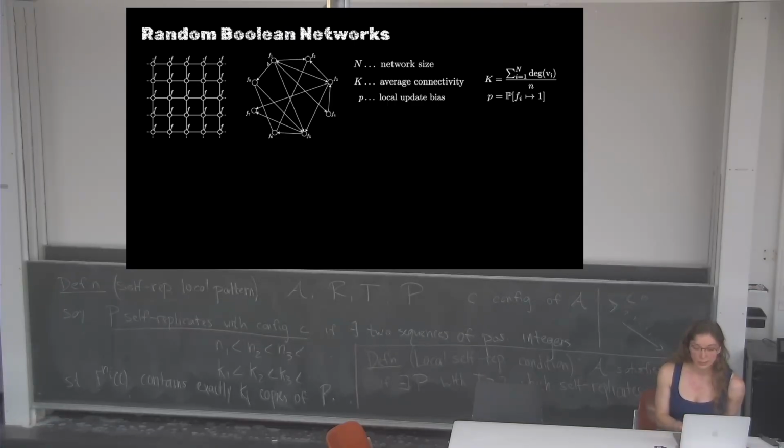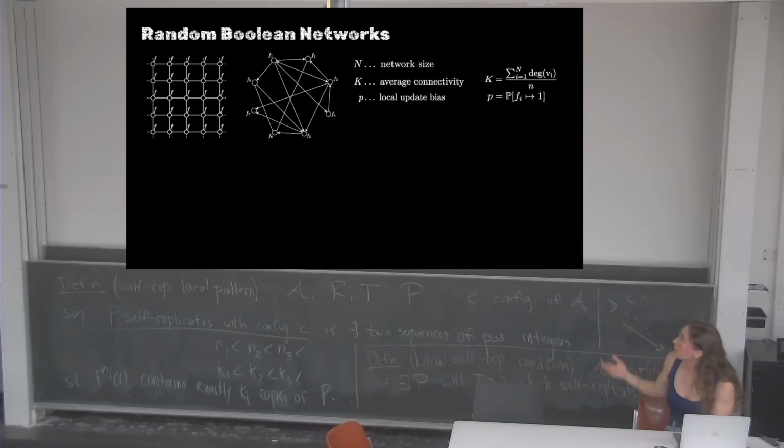This network essentially is just a binary one, so each vertex can have the values 0 and 1, and it was originally used by Kaufman, who studied them as very simplified toy models of gene regulatory networks, where you can essentially represent or see each node as either expressing or suppressing a gene, and these influencing each other through these local updates. With certain cell types or phenotypes being expressed as a whole, kind of corresponding to the attractor of